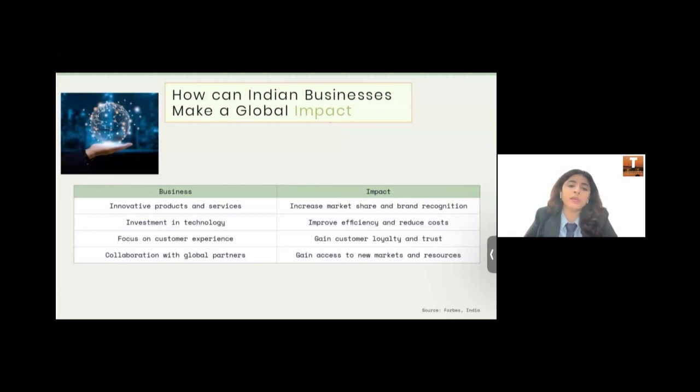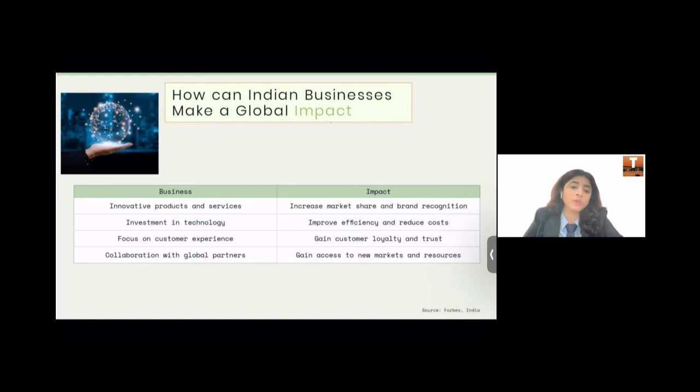Fourth would be building a global brand, because as you're entering the global market, your brand should be strong. The identity should be very strong, and you should have a very tailored market strategy. So branding is very important here, as is understanding the cultural nuances and preferences of target customers, and creating messaging that resonates with them. And next can be building brand awareness through targeted advertising, public relations, and digital marketing